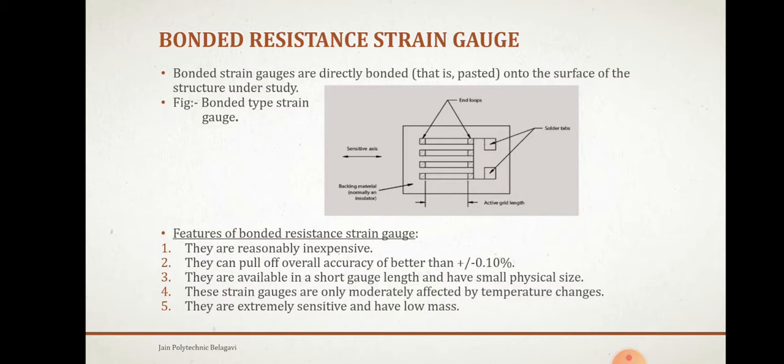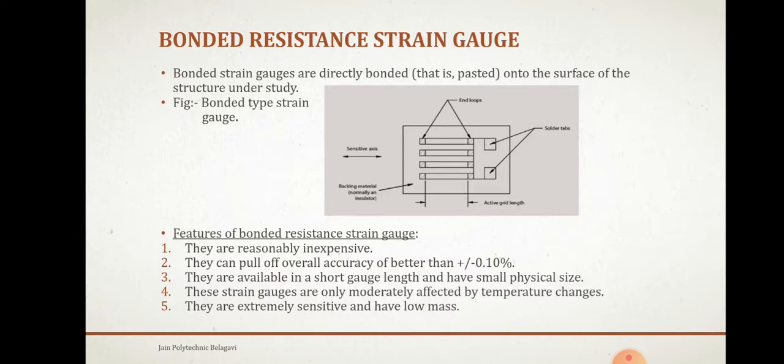The commonly used forms of bonded wire strain gauges are grid type, rosette type, torque type, and helical type. Here you can see a grid type. A bonded wire strain gauge is shown over there. A fine wire element about 25 micrometer or less in diameter is looped back and forth, up and down, like this.